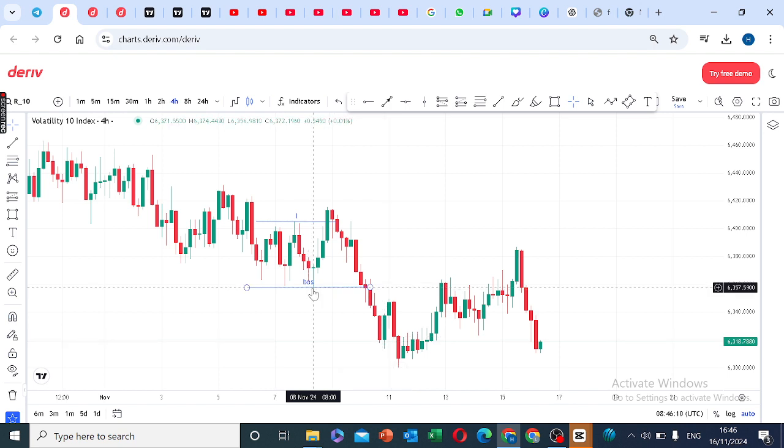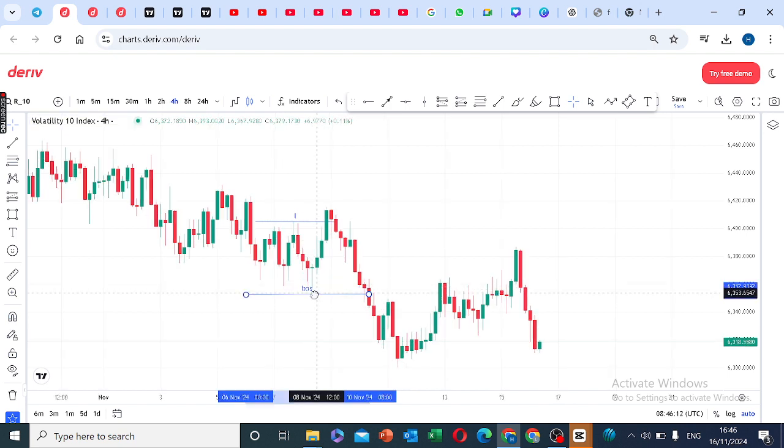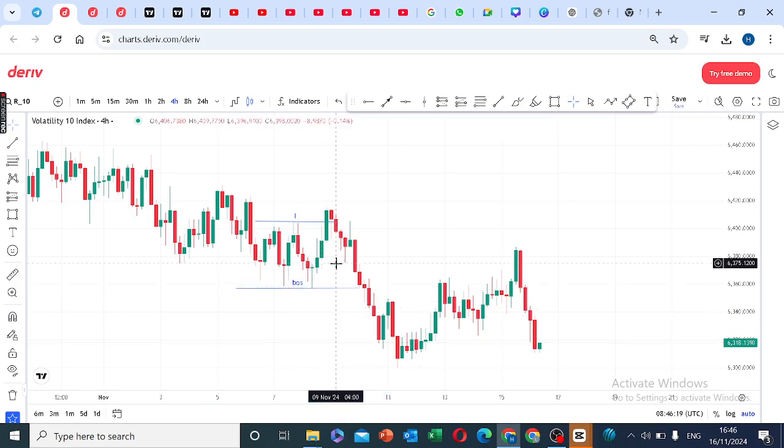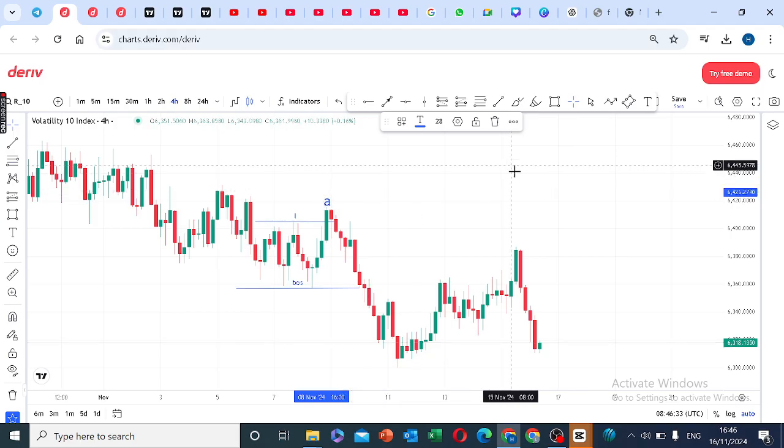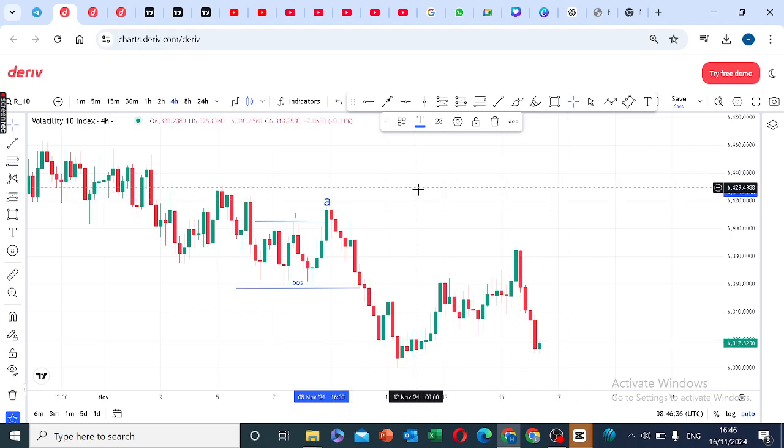Now, price having done this, it gave us a very wonderful reaction that we should be looking for a sell. In addition to all of this, price gave us our swing low and our swing high and our swing low. Now, our swing high, you would know we mark it as our level A,